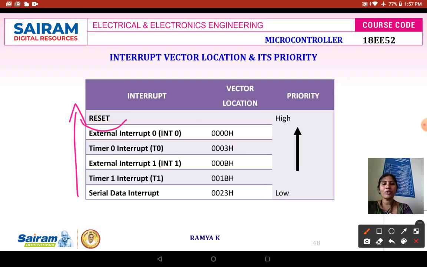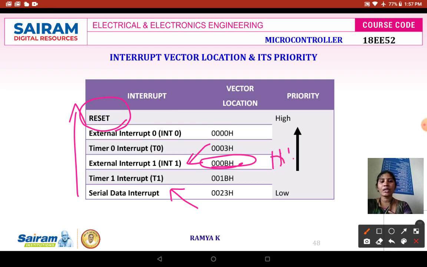On reset of your microcontroller, that will be the highest priority. Suppose two interrupts occur at once, say the 8051 is going to incur two interrupts, serial data interrupt and external interrupt. As external interrupt INT1 has higher priority, this particular interrupt will get served first before the serial data interrupt.